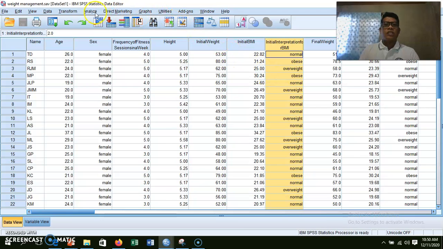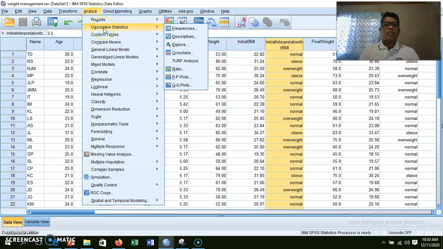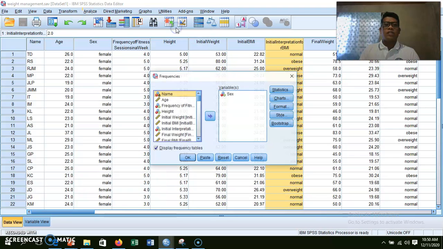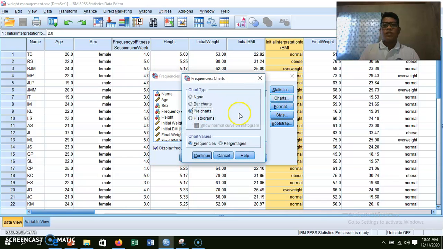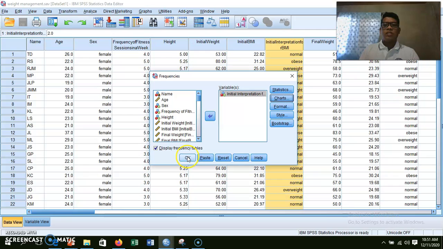So just click analyze again, then choose descriptive statistics, then frequencies, and then we remove the sex, move it to the other side, and select initial BMI interpretation. Just click on the arrow. Of course, we try bar charts also. Continue, then just click OK.